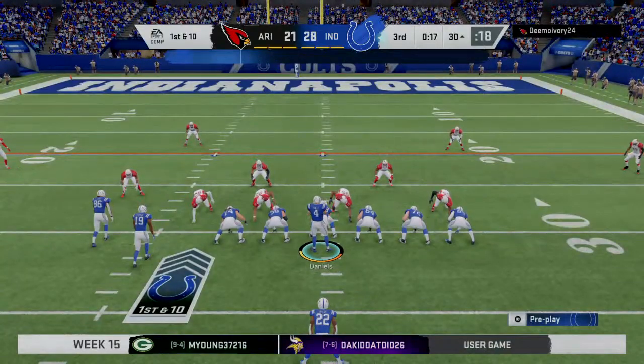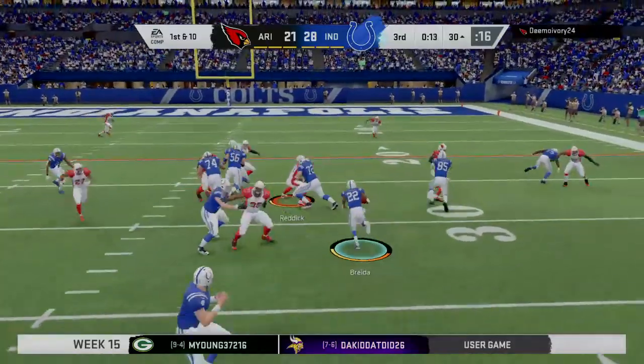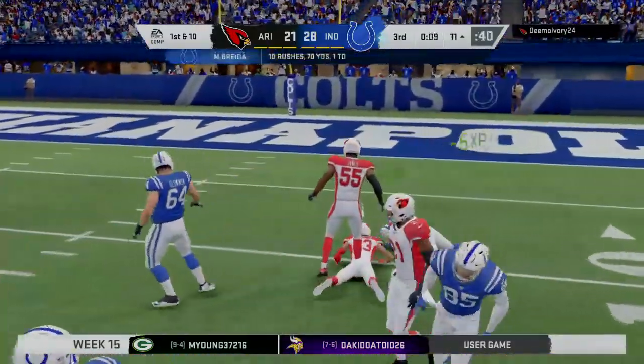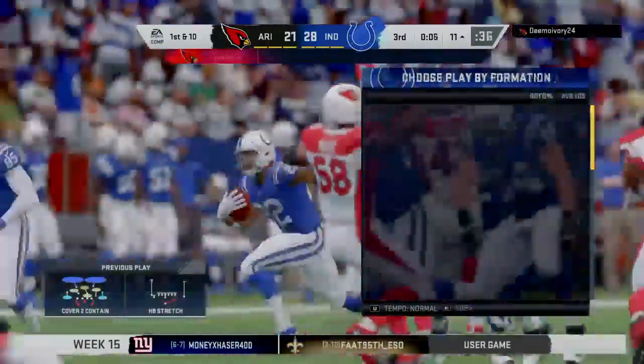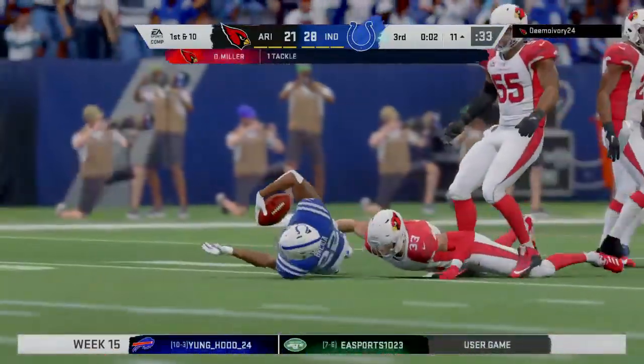55 yards. So how about this for a change in field position? From inside the 10, here's first down on the other side of the field. And down inside the 15, shy of the 10. Let's go. Another big gainer that time. This one goes for 19 yards. That's another Colts first